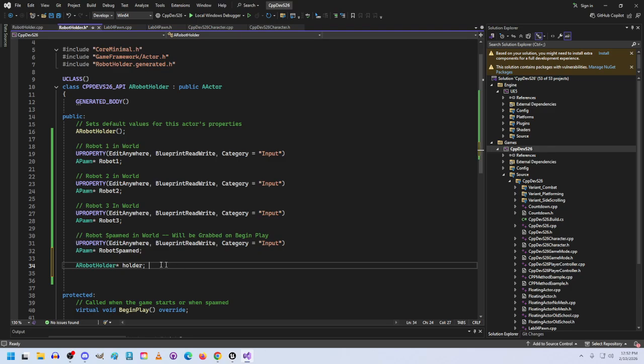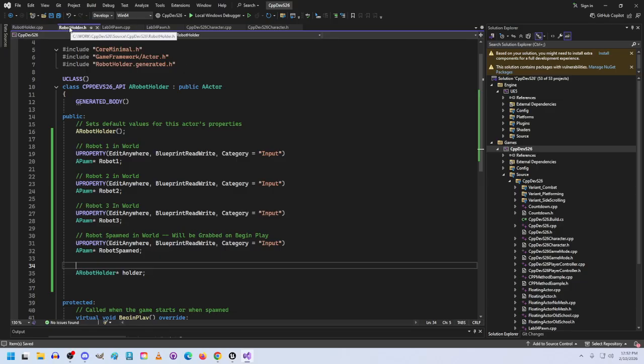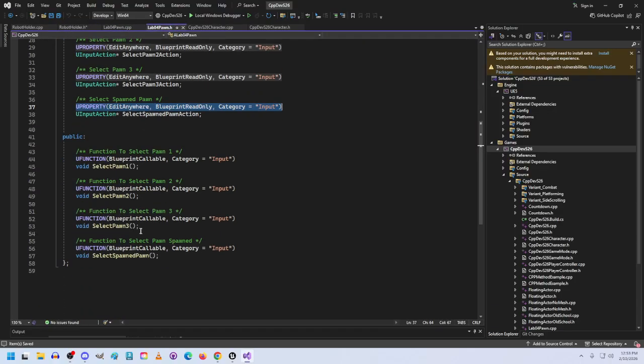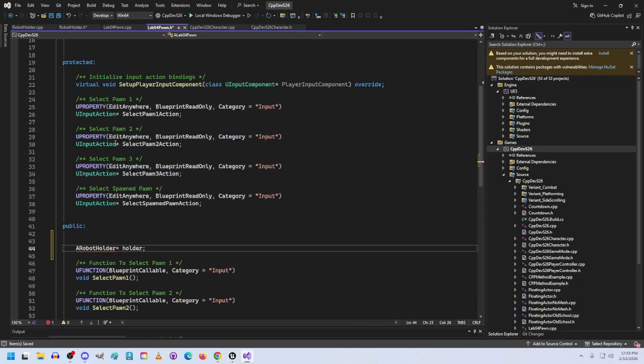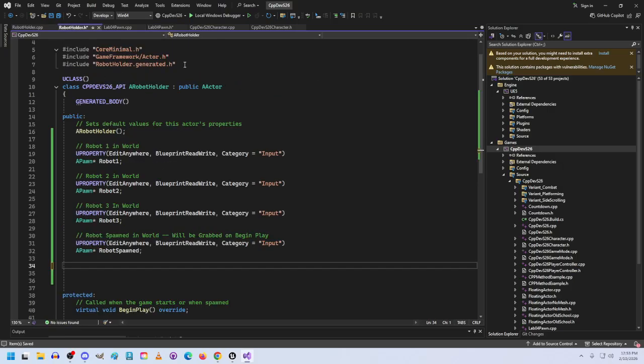I actually don't think I need to use a U property on this because I'm only going to use this internally. So let's save that here. Sorry, this is not where I want this. I want to go back to my pawn. And I'll make this public just to make this easier. All right, so it's not yelling about the robot holder. So let's just go to the .h